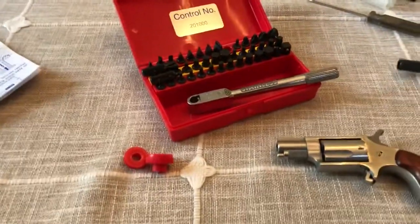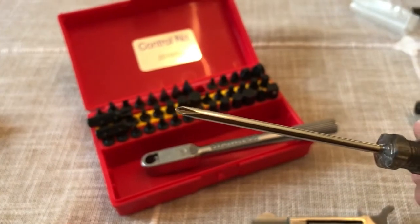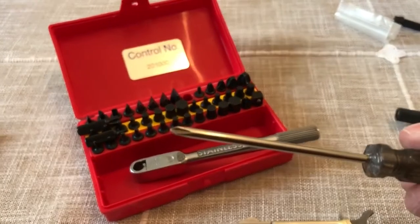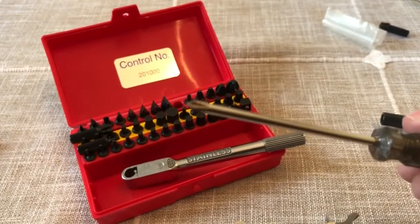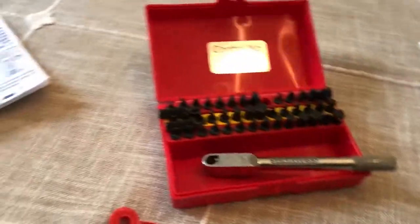And last but not least, if you've got a Phillips screwdriver, these things are useless. This is just asking to jump out of the screw. They should ban Phillips screws. But anyway, this is